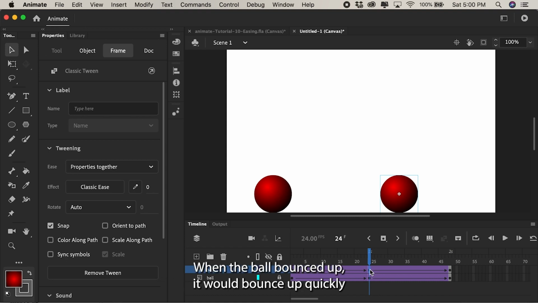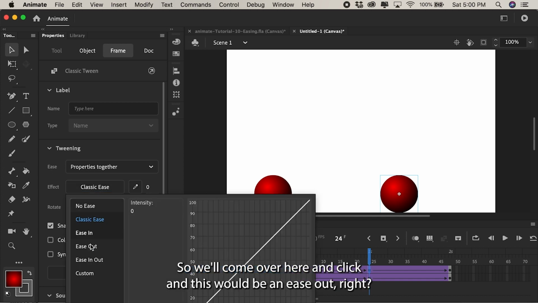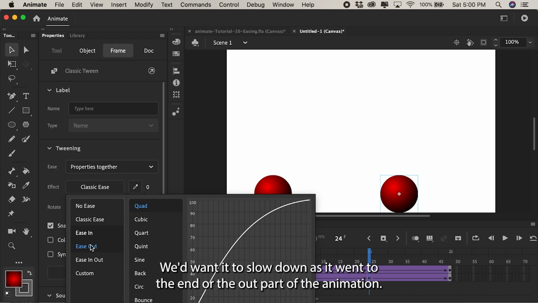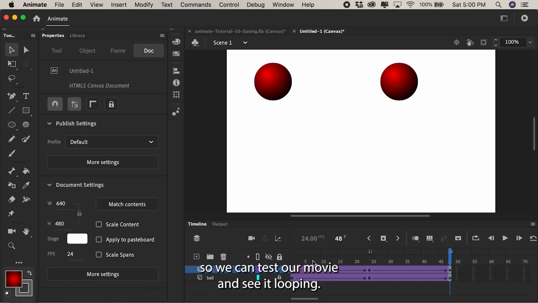When the ball bounced up, it would bounce up quickly and it would slow down as it reached the top. So we'll come over here and click. This would be an ease out, right? We'd want it to slow down as it went to the end, or the out part of the animation. I'll double click the word quad and I'll press Command Enter so we can test our movie and see it